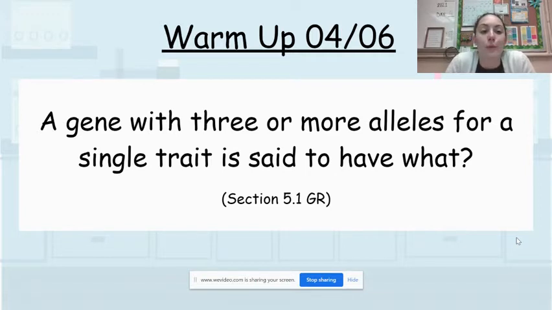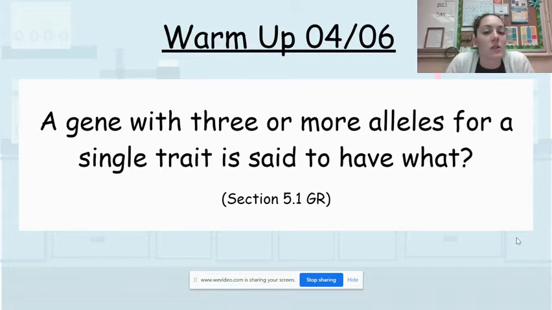So, we are going to go over our warm up. This is starting week 31. And you'll notice that we're kind of going back through chapter 5 since we're doing a review this week and having a test. Your warm-up questions are going to be like review questions, just to look back at prior knowledge and